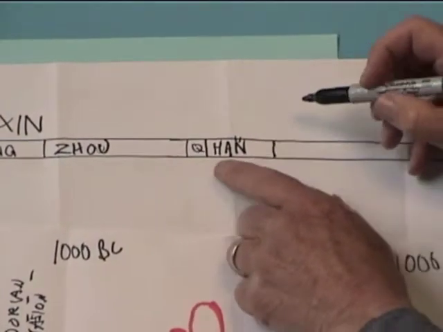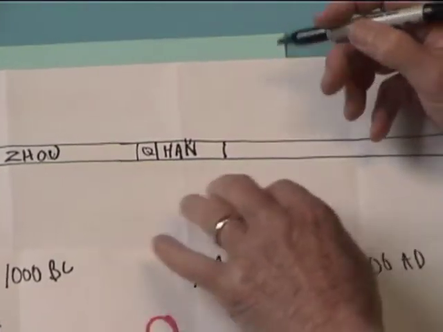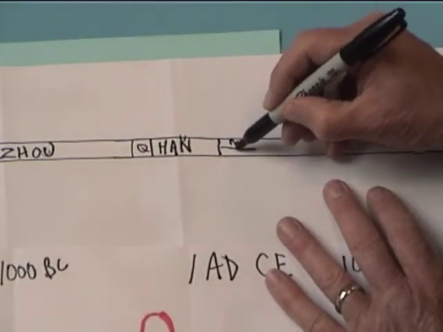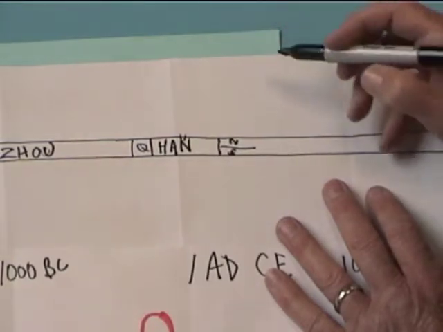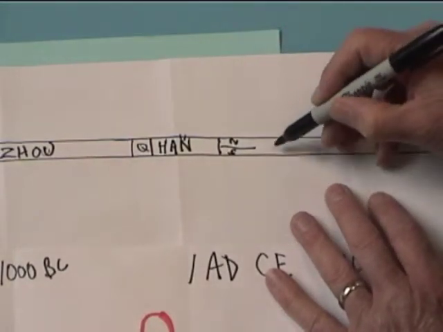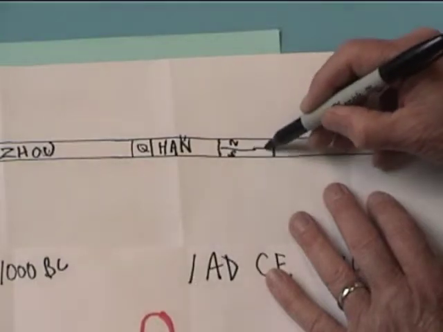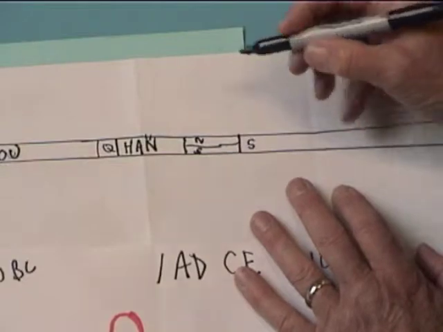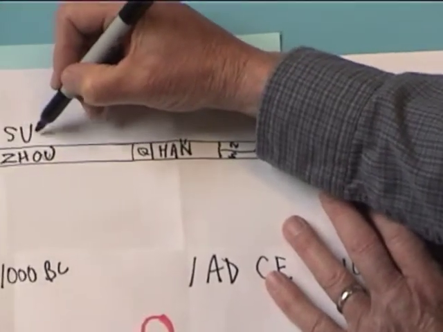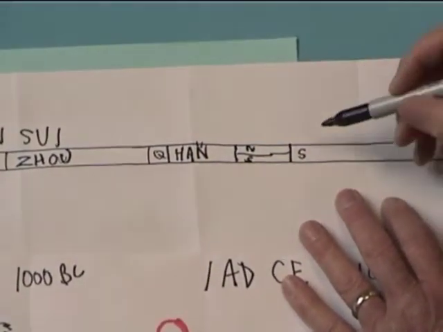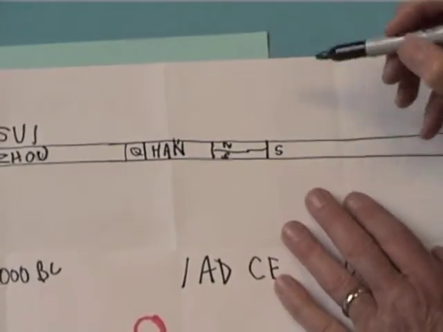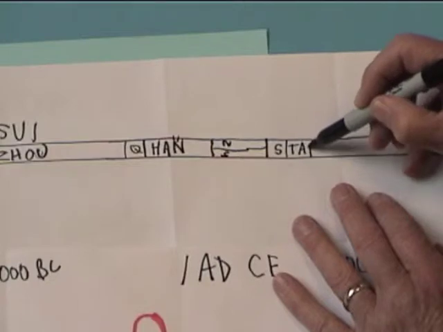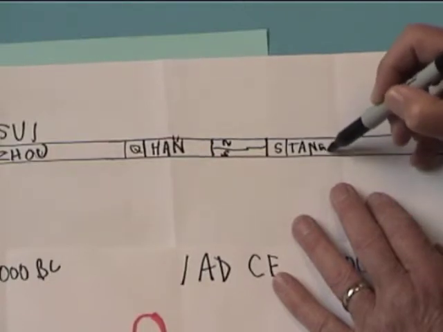Now, after the Han dynasty ends, China breaks up again. There's several dynasties in the north, several different dynasties in the south, all the way until the late 500s, when China is reunified. The dynasty is called the Sui, and that is spelled S-U-I, Sui, in the system that we're using. That also is rather short, but then comes a longer one, the Tang dynasty, which lasts up to the